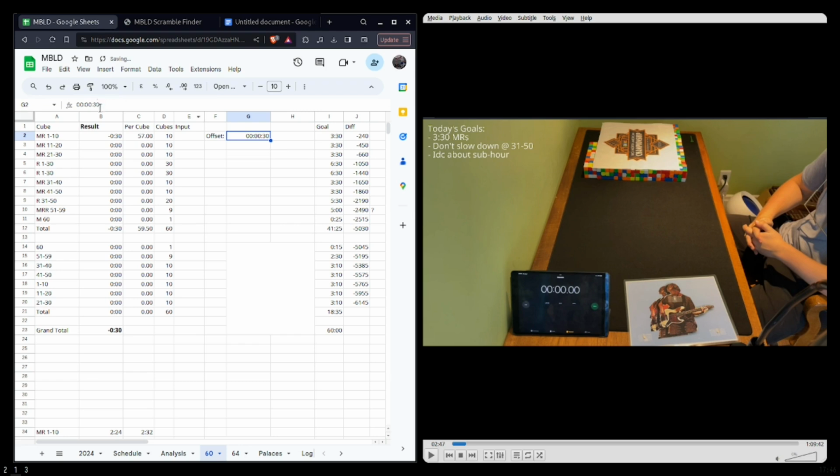So you have an offset of 30 seconds or something. The calculation will all be done based on an offset, so you can look at the time here instead. But I don't have this offset because I have this timer here. Now,